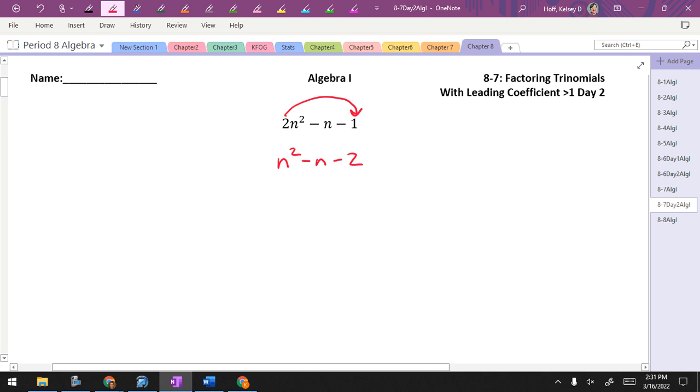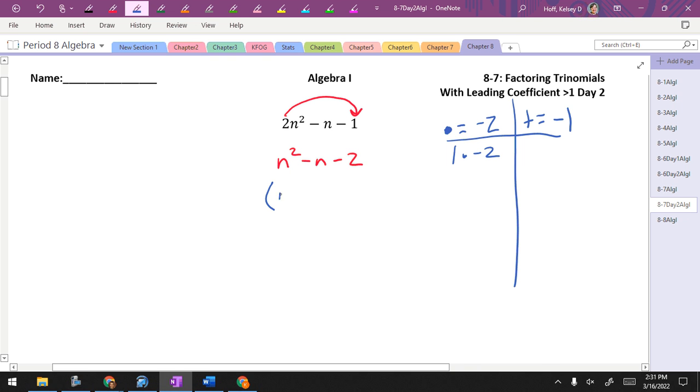Now what am I doing? The t-chart, right? So I'm multiplying to get to negative 2. I'm adding to get to negative 1. What are my factors? 1 times negative 2. Okay, so my binomials would look like